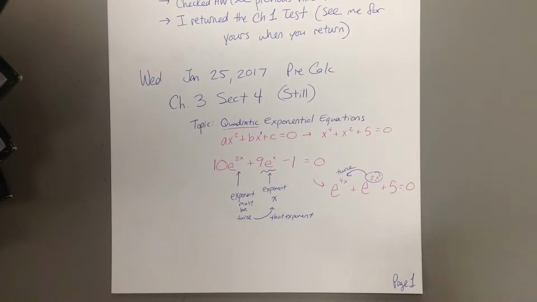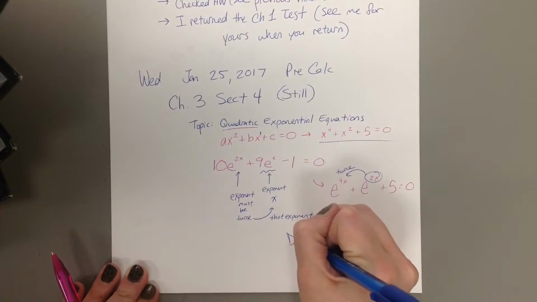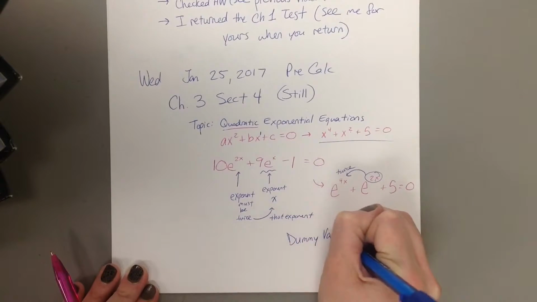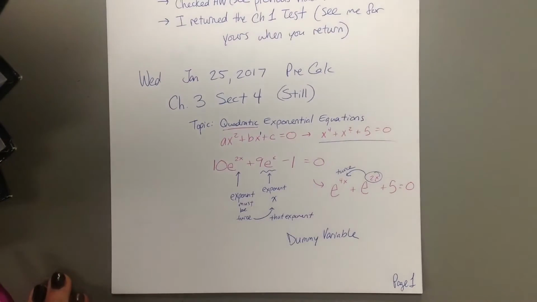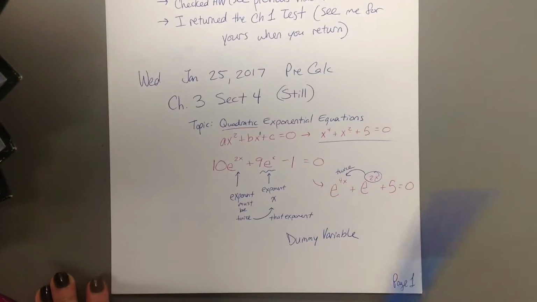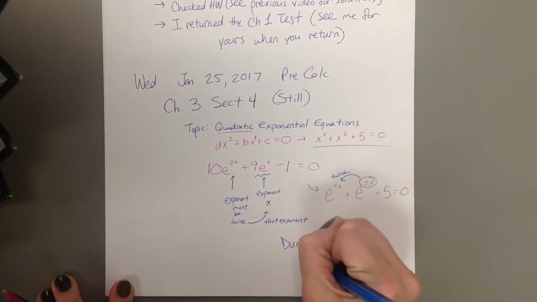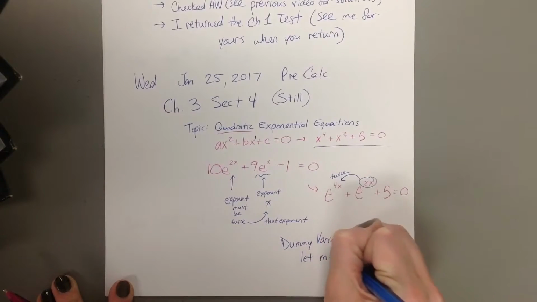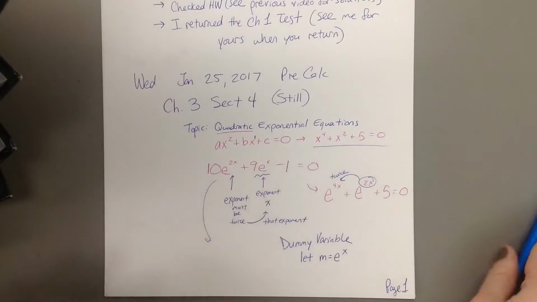So what we're going to use is something we already talked about in Algebra 2 to solve these types, and that is what we are going to call a dummy variable. A variable that gets substituted in for something in these equations that makes it a little bit easier. For example, in this one, I might say, let m equal e to the x. And why that helps me out, I'm going to rewrite this guy,